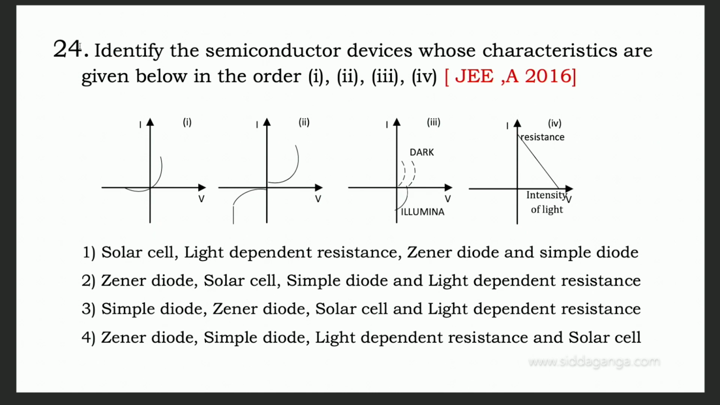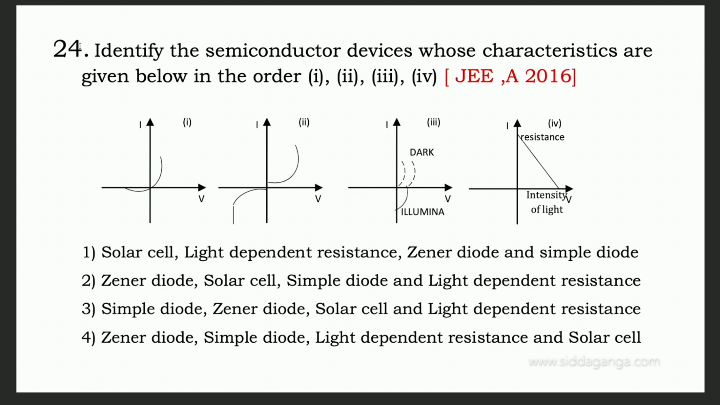And second graph, if you look into, it is almost, if you see, this is the Zener diode. There is a strong Zener voltage. It is a Zener diode. Graph of current versus voltage we are studying. Third graph, if you come to current versus voltage,